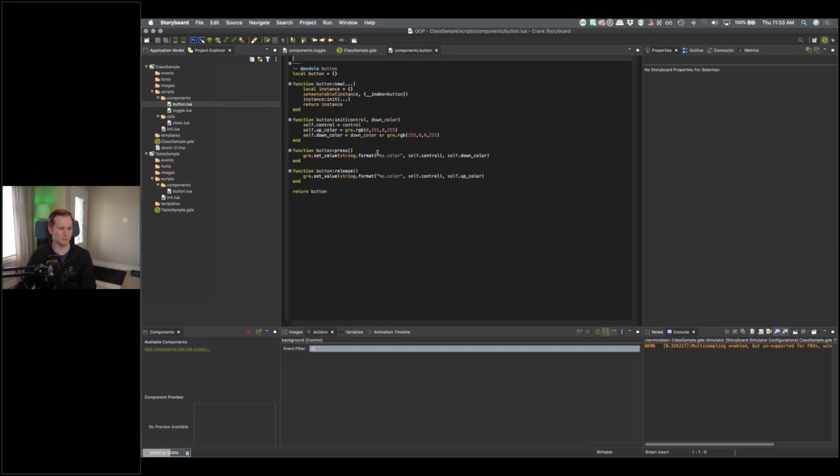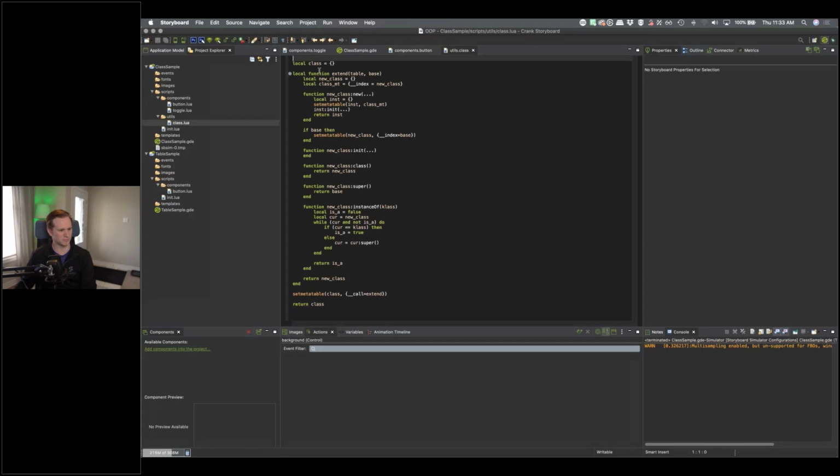So if we wanted to have a base class for each of these, we could create, say, this class implementation. And all this does is allow us to create a new type of prototype based on a base class. And where we're using the call is for this class module. So we can call class as a function, give it a base class, and then it'll return to us our new formatted